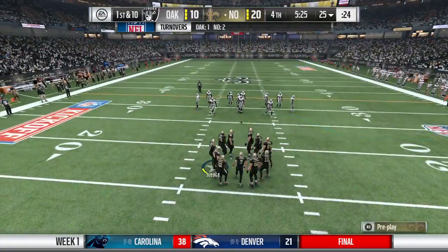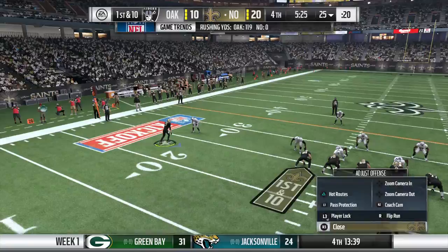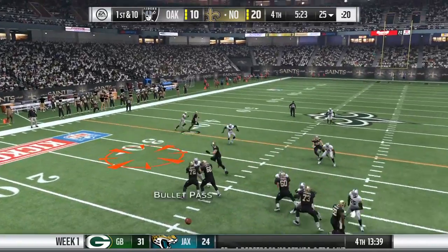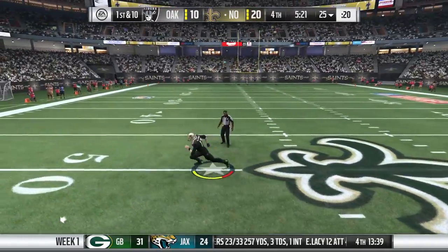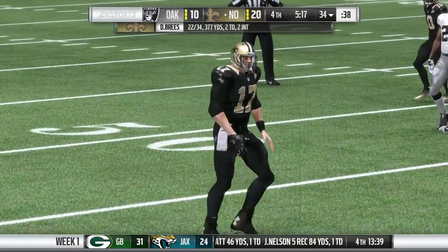The Saints offense now, they get ready to head back onto the field. Looked like they had something going last drive. Then the interception happened. Will they recover? The memory they need to keep with them is that they did have something going. They were moving the ball